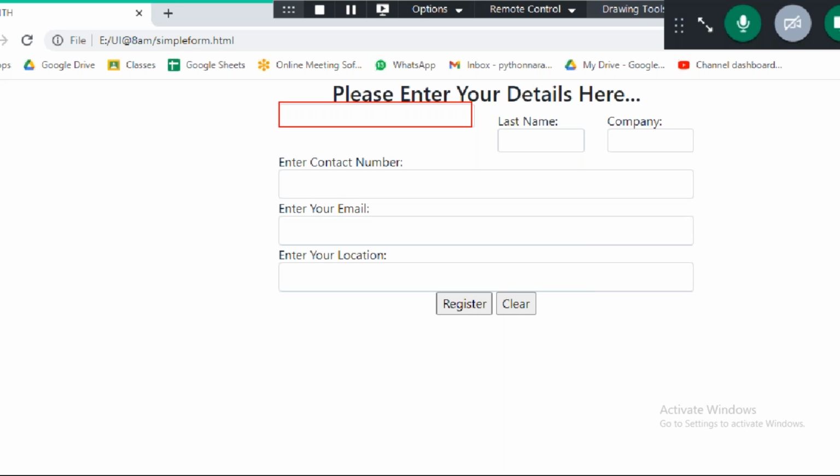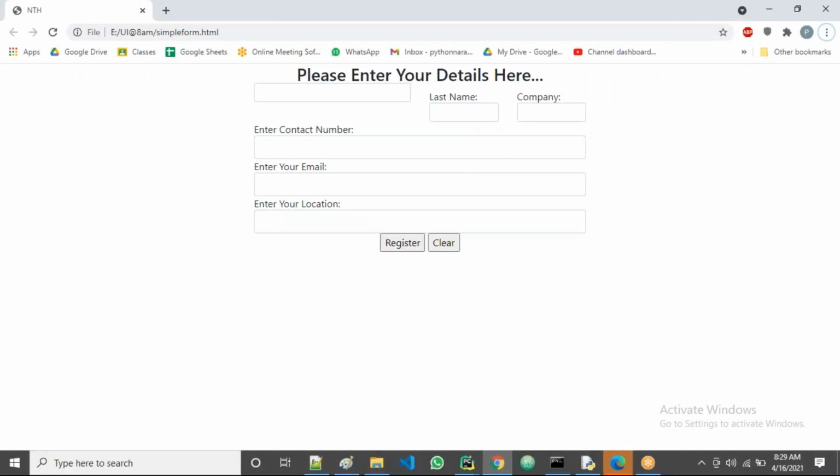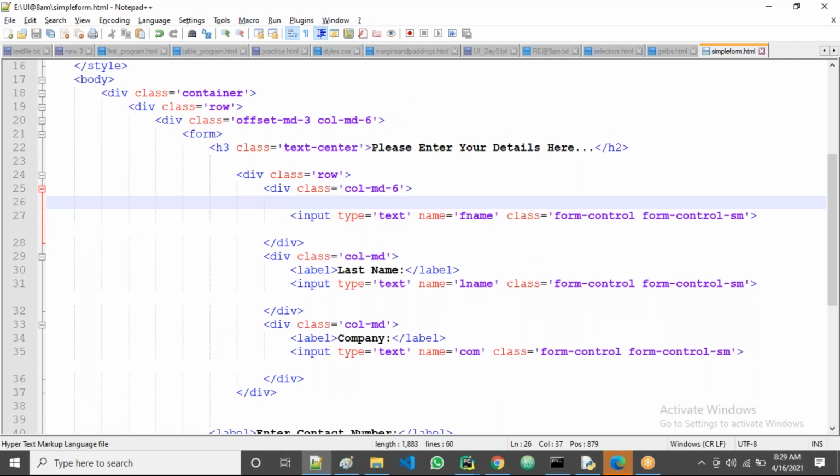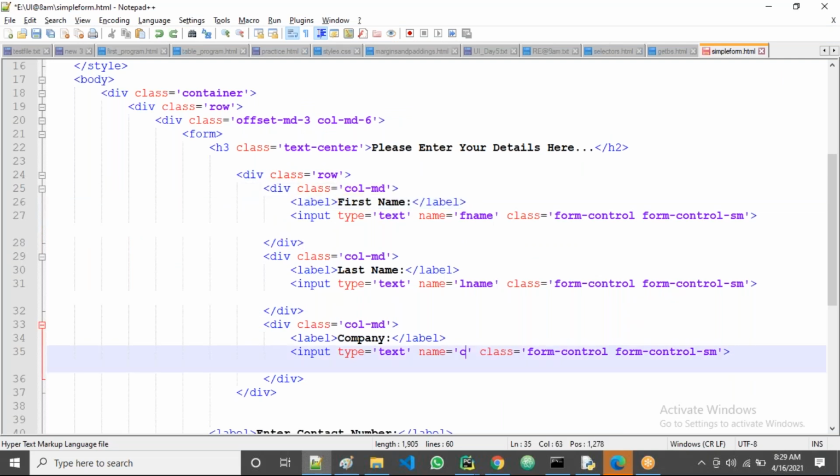A lot of confusion is there. That's why we should have either a label or a placeholder. Generally, one is enough. If you take both, also no problem, guys, but two are not required. That's why generally we use either a label or a placeholder. Okay, yes, guys, one second.